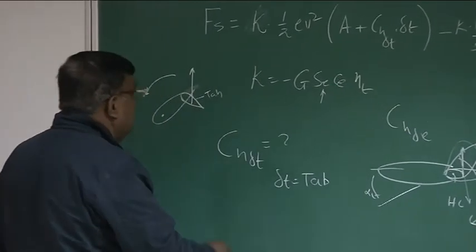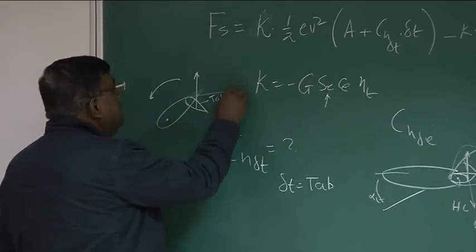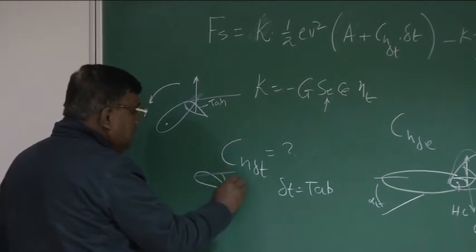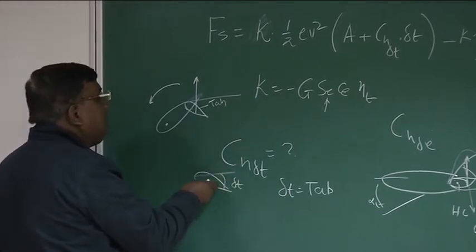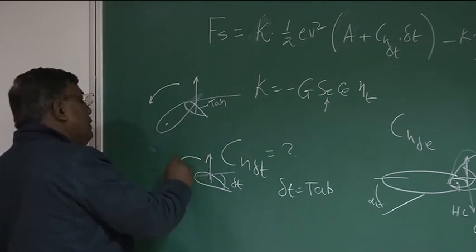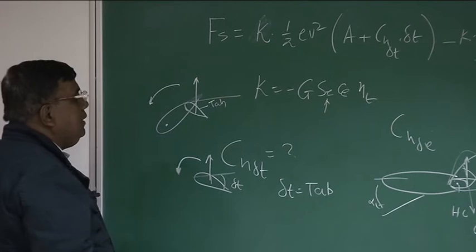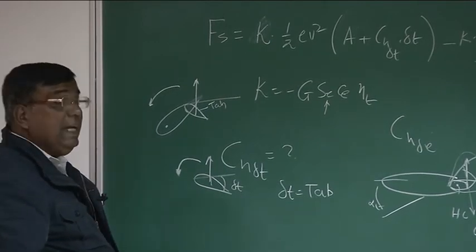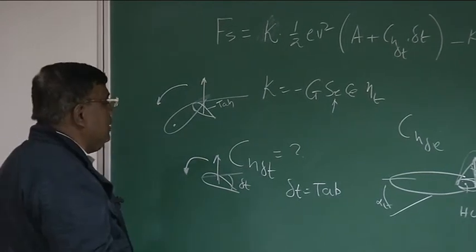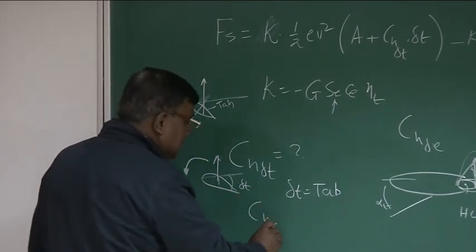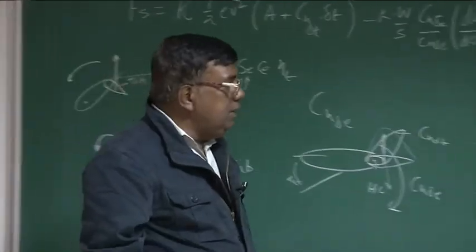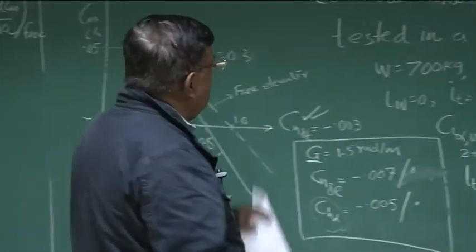We also understand what should be its sign. We define delta T positive, like elevator. This is delta T positive. So delta T positive will give a force in this direction that will give a nose down moment. So its sign, the CH delta T sign, should also be negative, because for a positive delta T, it is giving a nose down moment. So CH delta T sign should be less than 0. Anything left here to understand? Okay, number wise is okay.